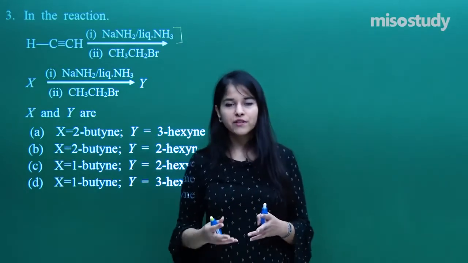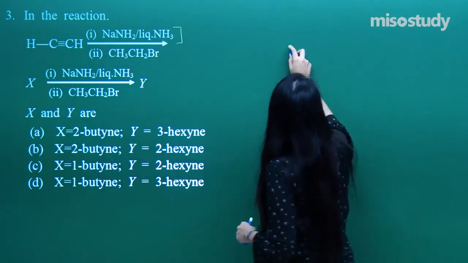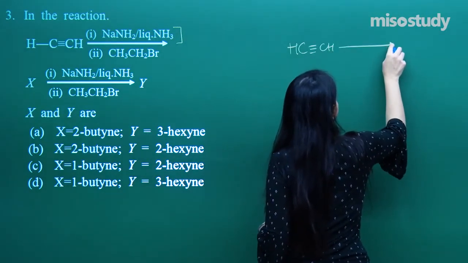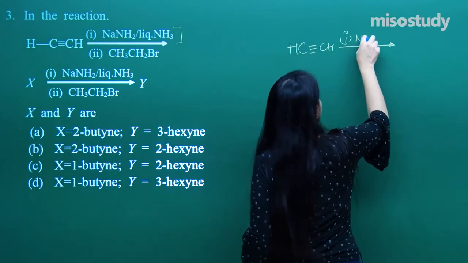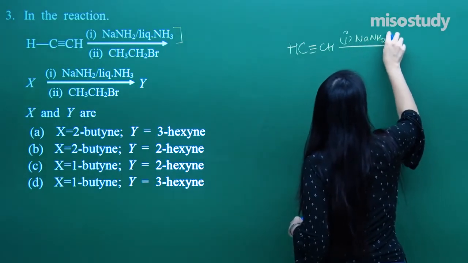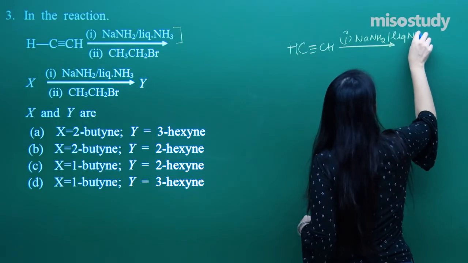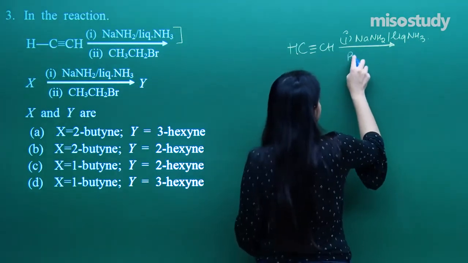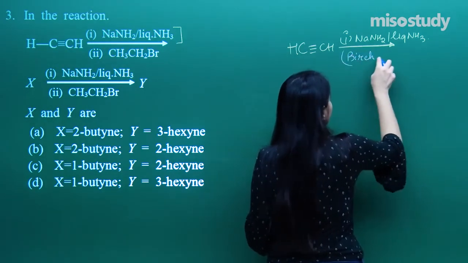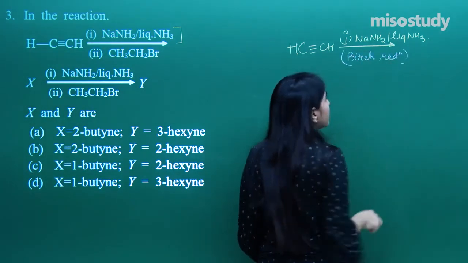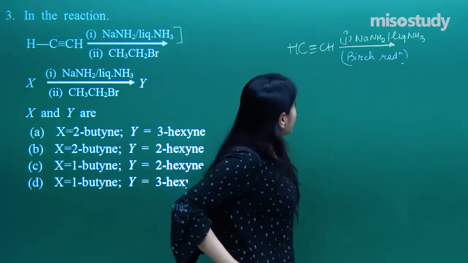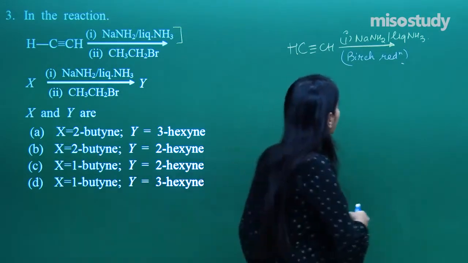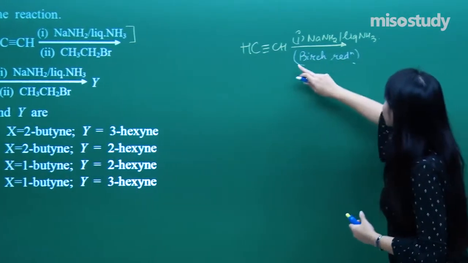So let us just try to perform the reaction. It's quite easy. So I've got acetylene, and they have made it react with NaNH2 in the presence of liquid ammonia. So what kind of a reagent is this? This is the Birch reduction that we are doing here. So that is the catalyst for Birch reduction. Birch reduction, that means what? So you need to have this triple bond removed. Or what kind of an answer would we be getting over here?